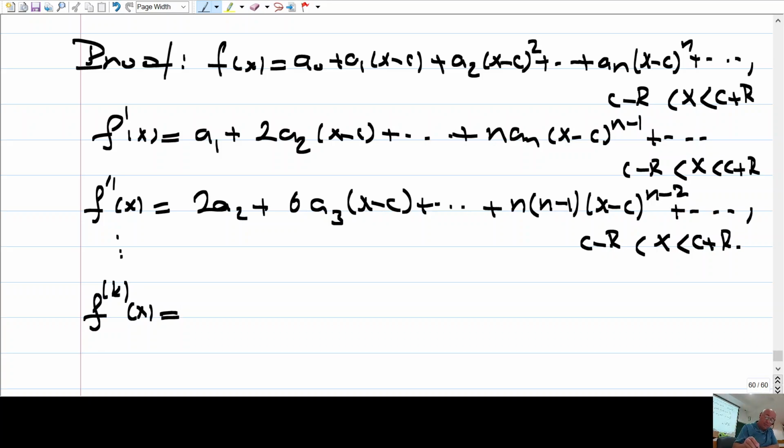And this will be just k factorial times ak plus